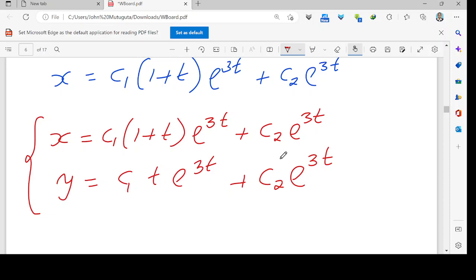And then once you eliminate one of the functions, solve the equation for the other function, and then go back to the system, make the other function the subject in one of the equations, and then substitute the solution that you already have